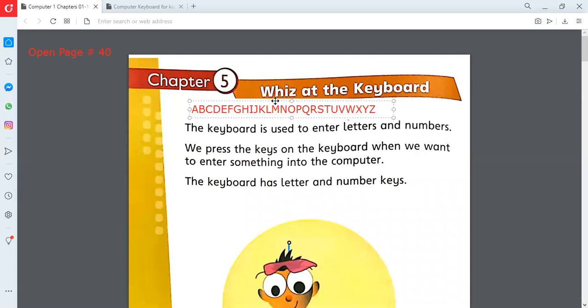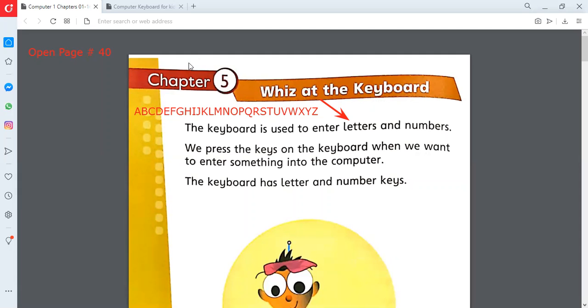These alphabets are the letters. With the help of these alphabets, we write our name, our father's name, our mother's name, and make spellings. So these are the letters.